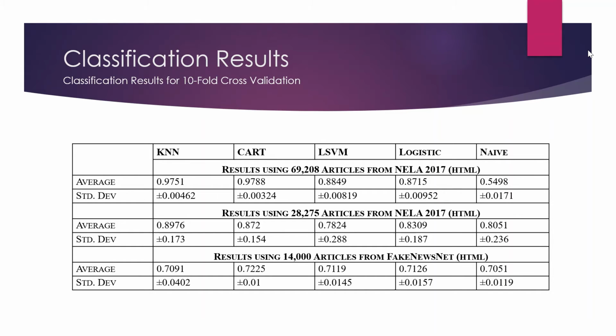Xu et al. also used this dataset and acquired results varying from 49% to 64% when the content of the articles was used. Also, it should be noted that these results from the Fake News Net dataset were closer to those using the smaller NELA 2017 dataset, which gave results of around 86%, than when comparing to a larger training dataset of the NELA 2017